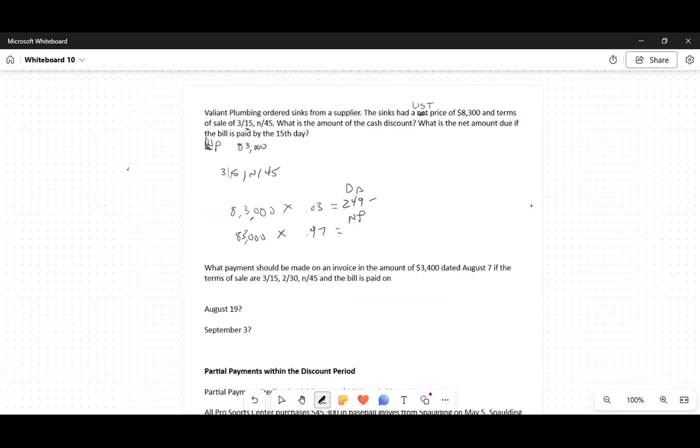And that's how much of a discount amount I'm going to get. That means my net price, if my discount was 3%, is going to be 97%. And that comes out to $8,051.00. Now, again, I could have done this with the triangles, and I'm only going to show you this because